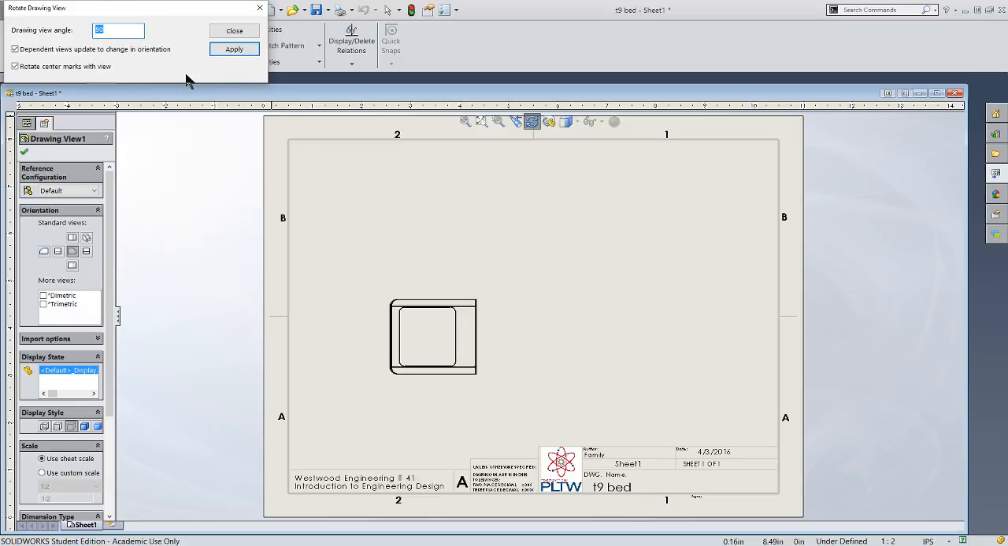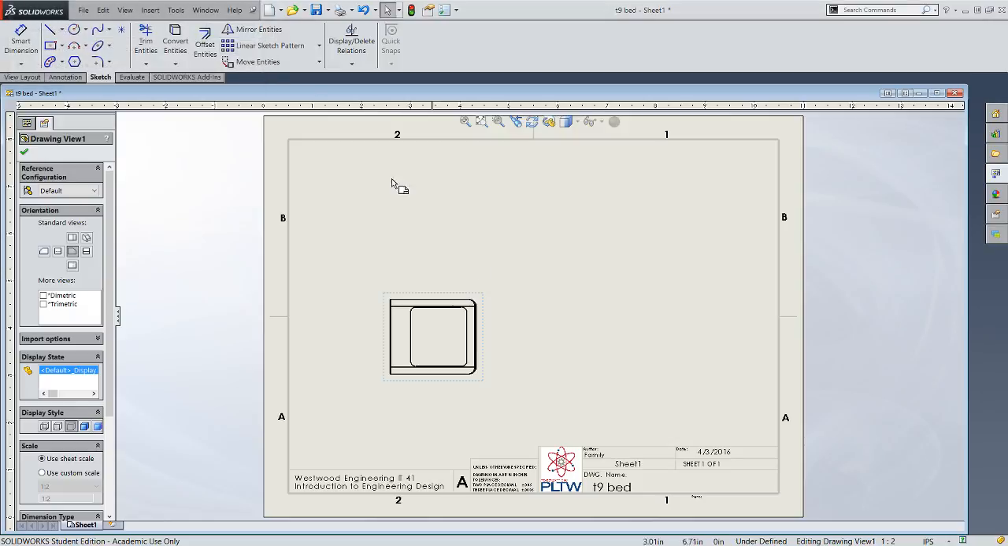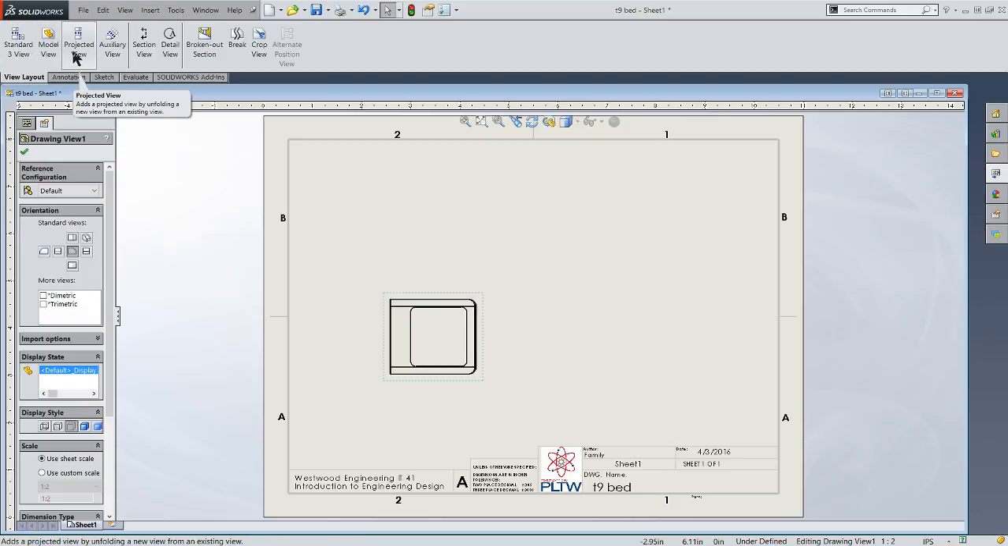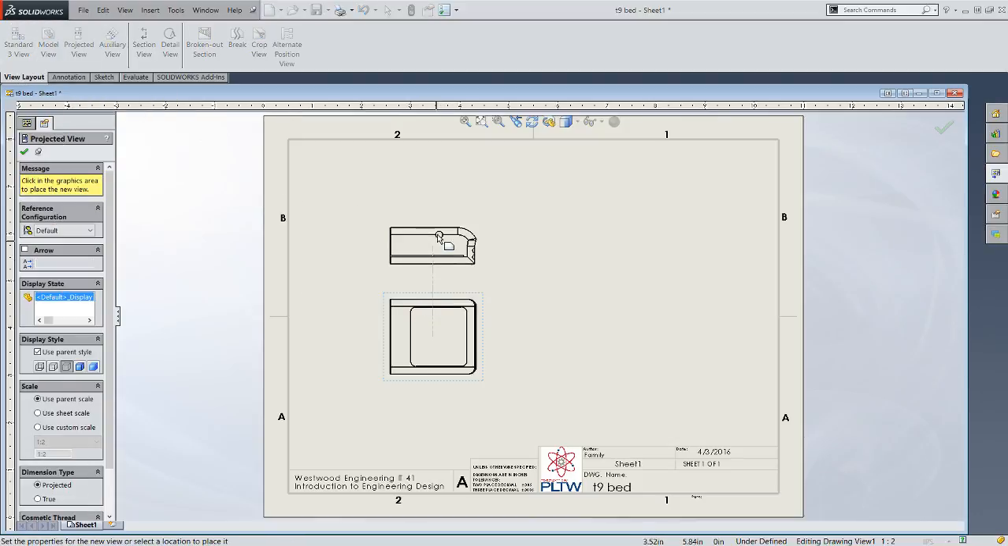Let me actually go 180 more. I want the taillights to be to the right. So now I am going to go to my View Layout tab, project my views,